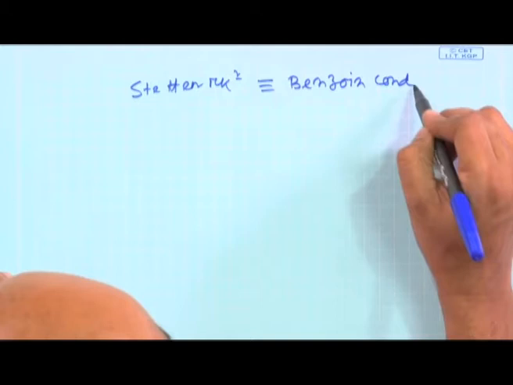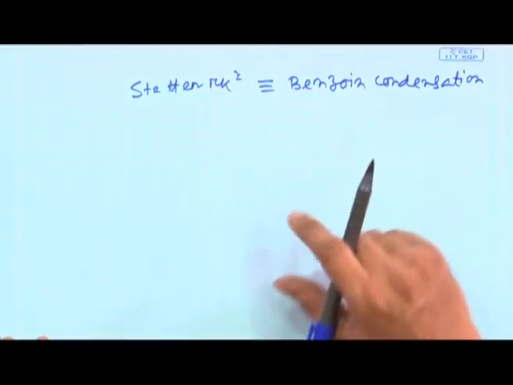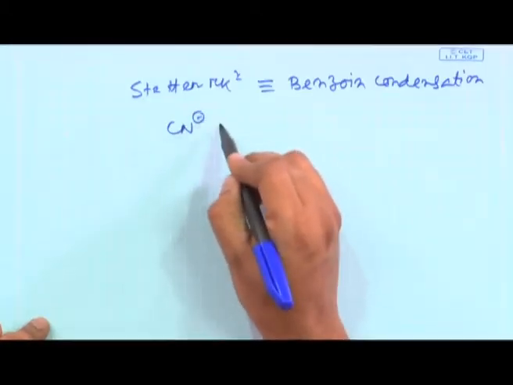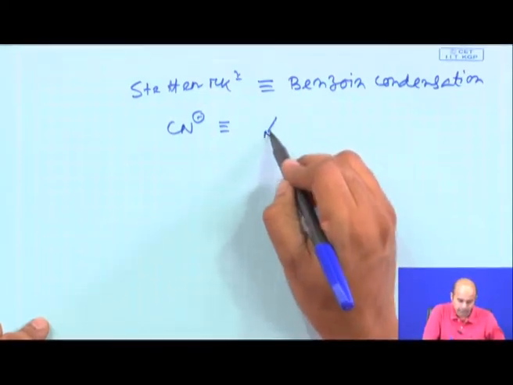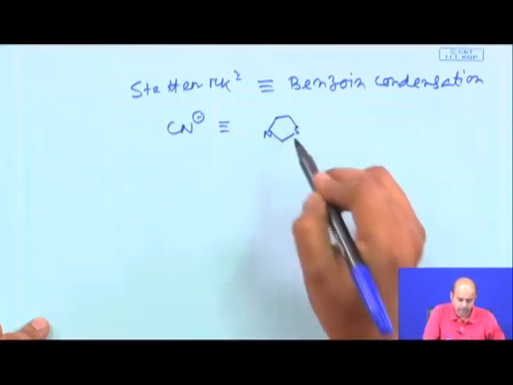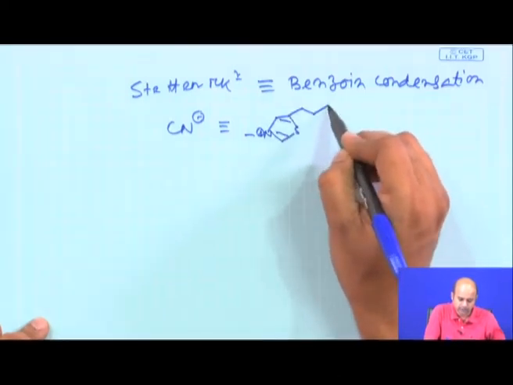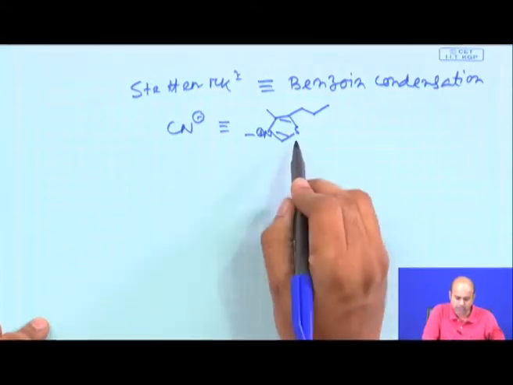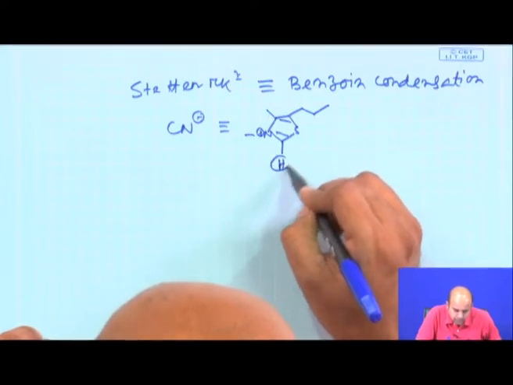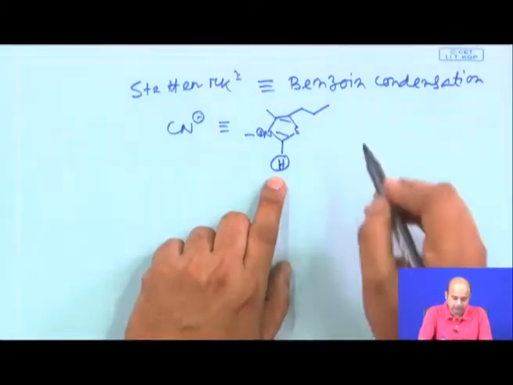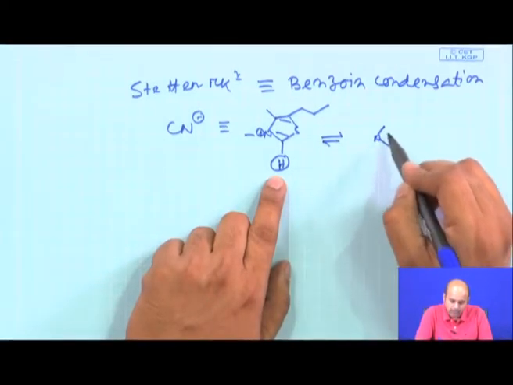If you remember the mechanism of benzoin condensation, then this mechanism will be very similar, except that in benzoin condensation you have a cyanide species, in Stetter reaction you basically have a thiazolium species, which is a 5-member nitrogen and sulfur containing compound, having this kind of core structure, and then you have an active acidic hydrogen, which is removed to generate a carbanion or a nucleophile,